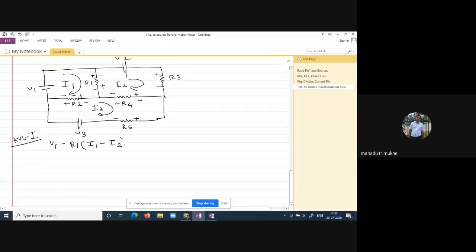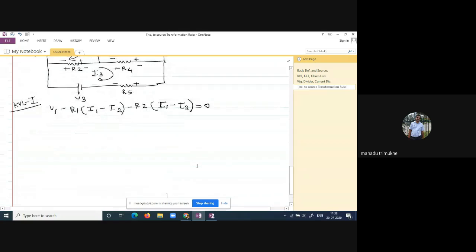Okay. Then minus, again this current is flowing through R2. Again we have considered positive to negative polarity, means here minus R2. This R2 is common between I1 and I3, again both currents in clockwise direction, means here I1 minus I3, I1 minus I3, is equal to 0. So this way we have to apply KVL to the circuit.